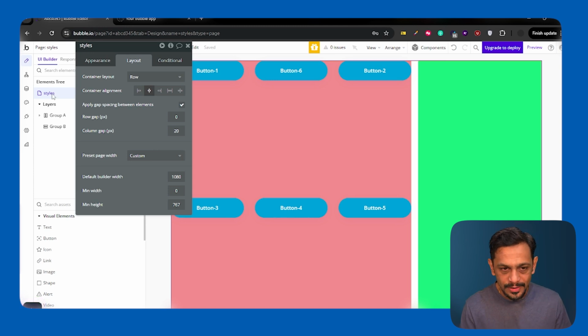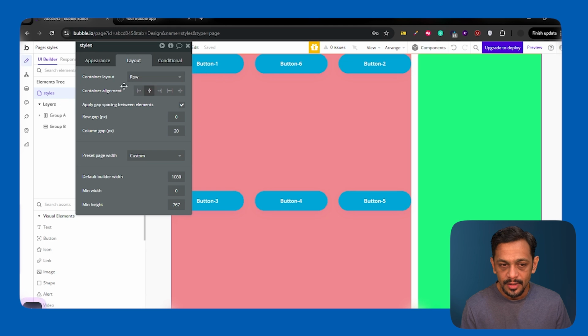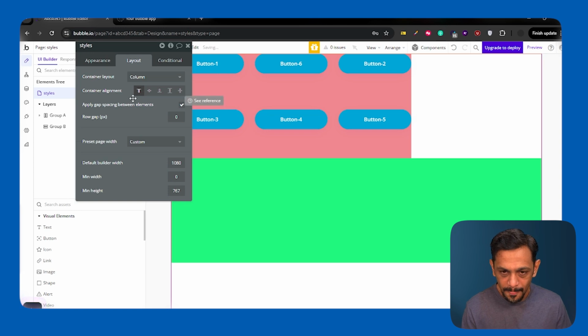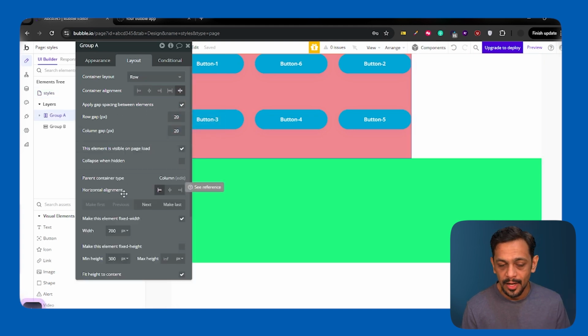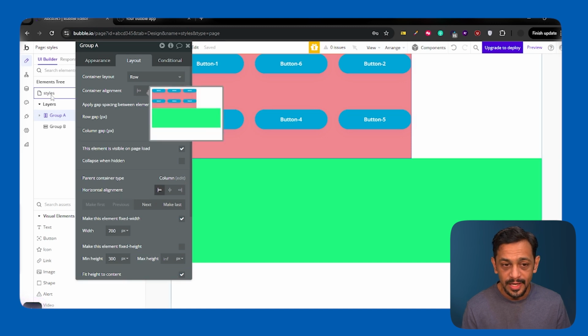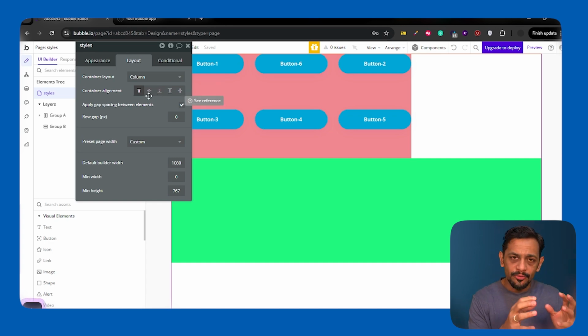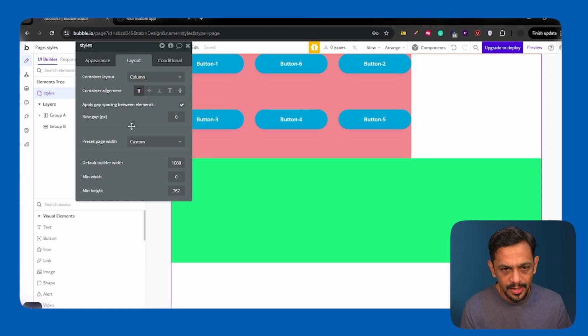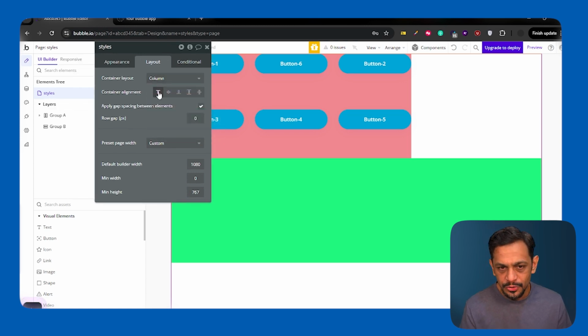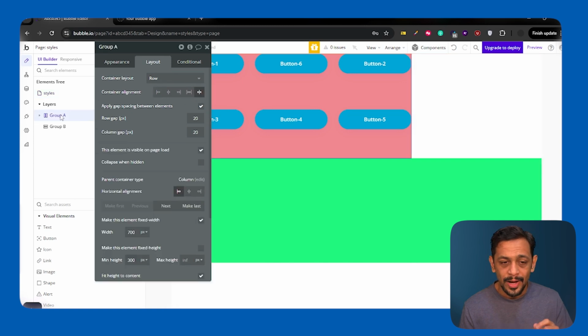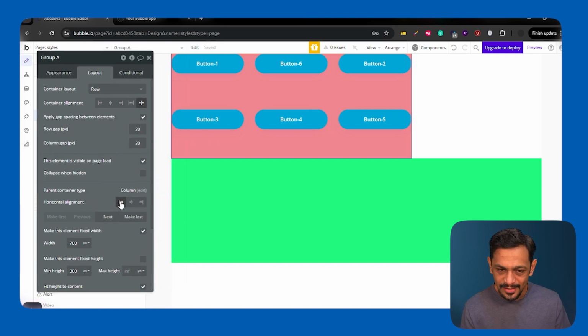Now let's go to styles and change the container layout from row to column. When we change the container layout of the parent element from row to column, these groups will have horizontal alignment, because in the styles we have vertical alignments. So one of them is set in the parent element, and one is set in the element itself. Styles is now column, so we have vertical alignments added in column, whereas the group will have horizontal alignment. Here you can set whether it is left aligned,